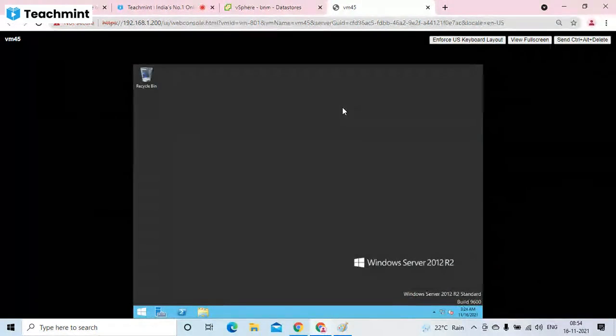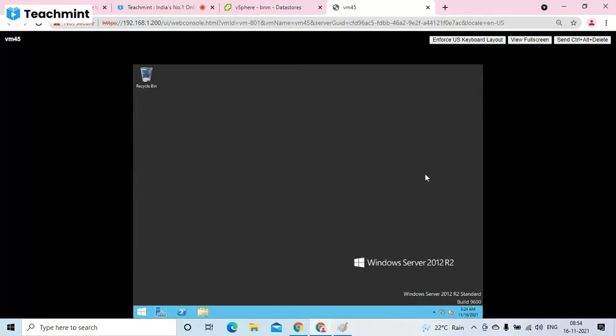Your mouse is not working here because there are no drivers. We have to install drivers to make the mouse work inside the console. Mouse is still not working. The drivers for this virtual machine are called VMware tools. We have a topic after this VM creation. We will do that.